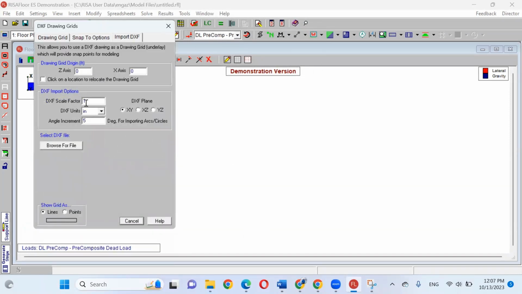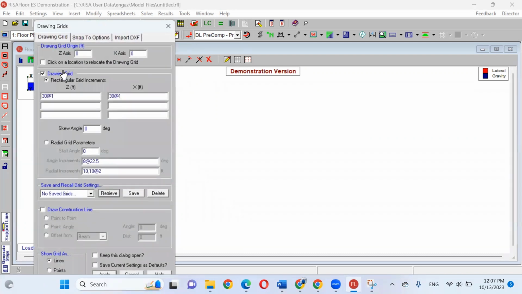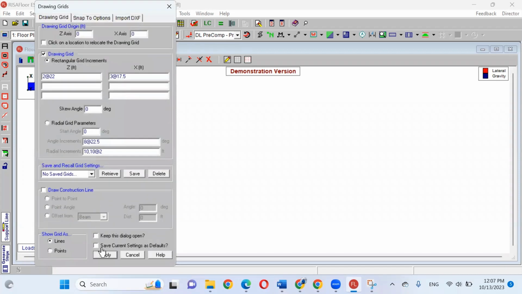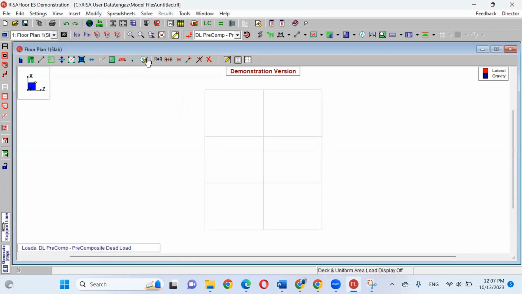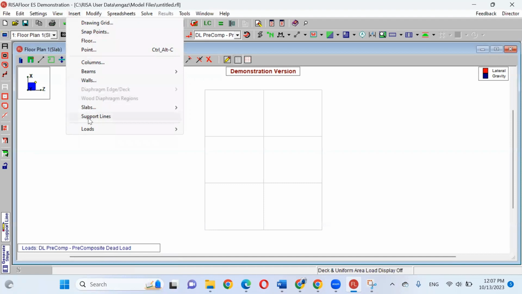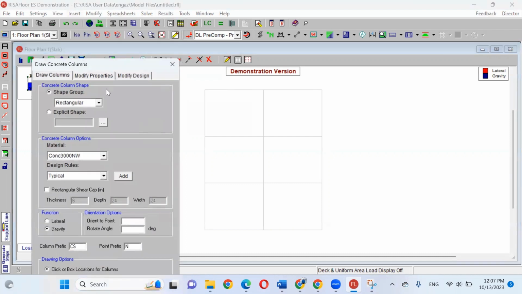I can define the drawing a grid from here: 2 spacing for every 22, 3 spacing for every 17.5. Then apply. Yeah, there you go. It's highlighted right now. Well, I'm sorry, I need to start from scratch.